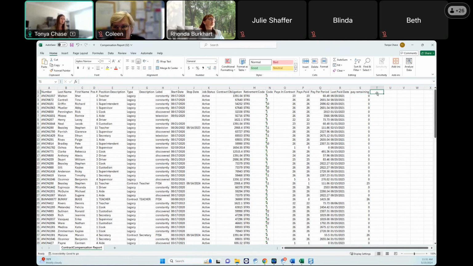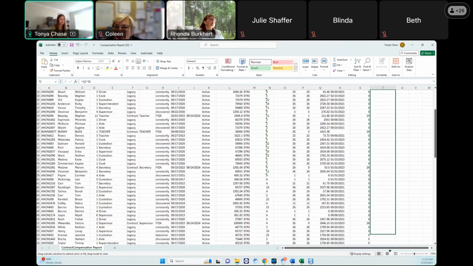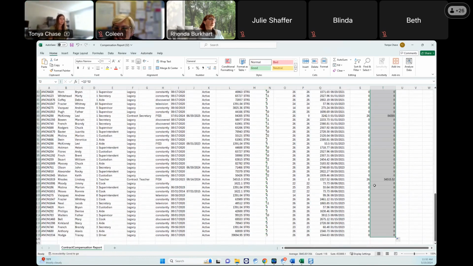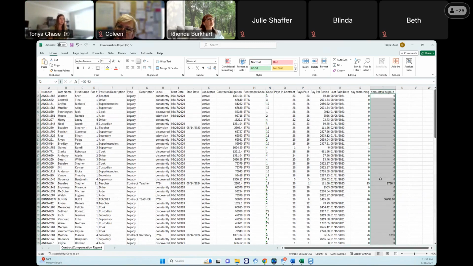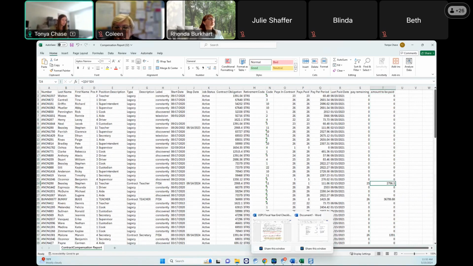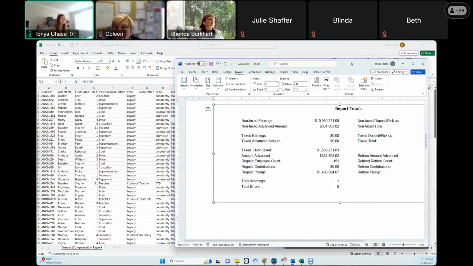And then I want to know the amount to be paid. So what I'm going to do is take their amount per pay and multiply it by their pays remaining. That tells me how much I still have to pay them over the summer. So that amount should match what is on the STRS advance